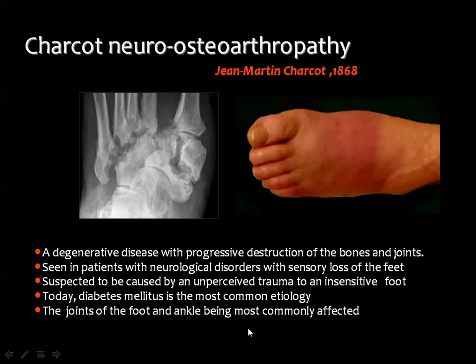In Charcot neuro-osteoarthropathy, there are degenerative, progressive, destructive changes of the bones and joints of the foot, and this is secondary to the absence of sensation due to the associated neurological disorder and the superadded infection as well as the traumatic insults. Today, diabetes is the most common etiology of Charcot